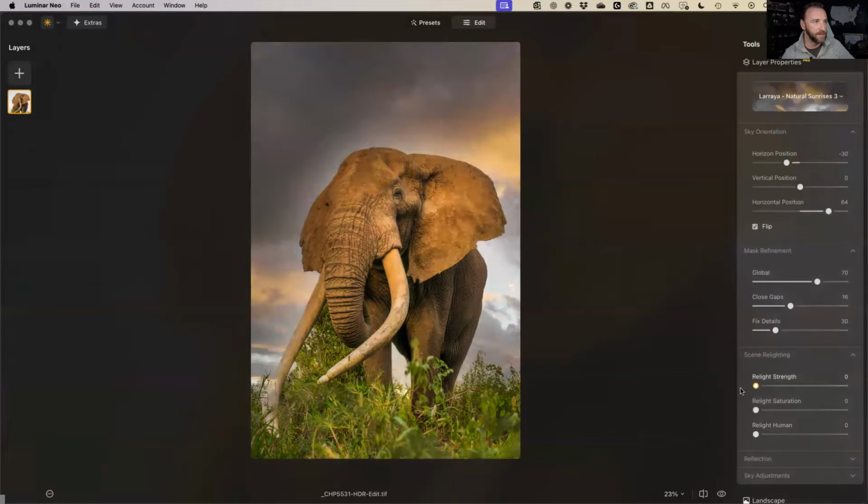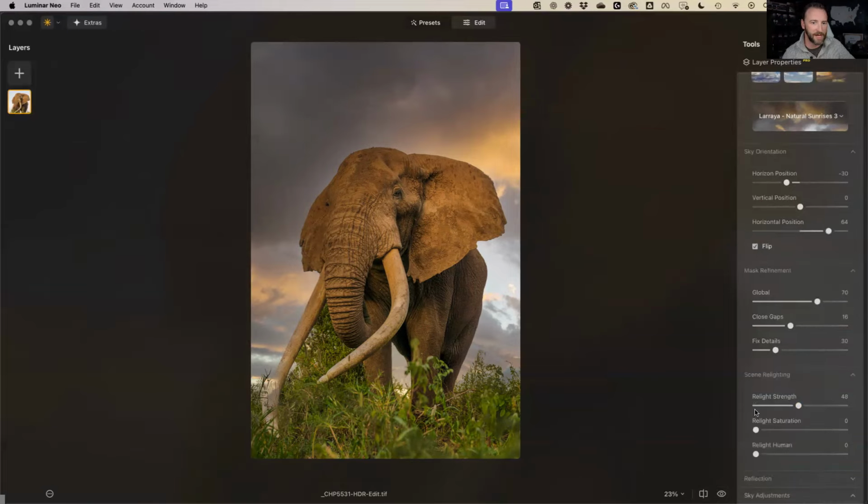So scenery lighting, again, take it all the way down. You get a little bit more haloing up there around the top. So I am probably going to bring that up to about there just to take out some of that halo. Reflection, we don't have any water. We take that all the way out. And then our sky adjustment,